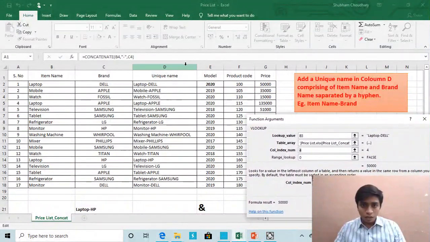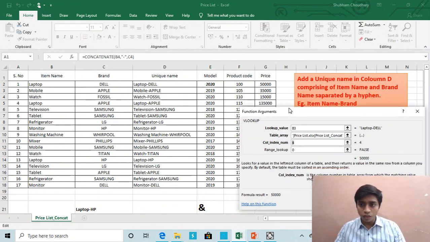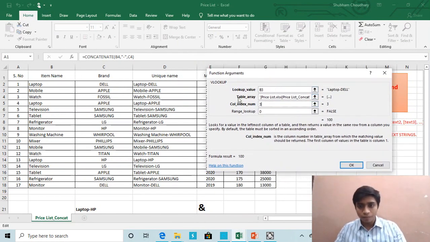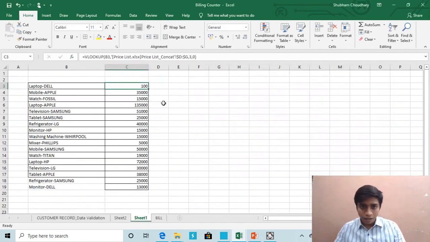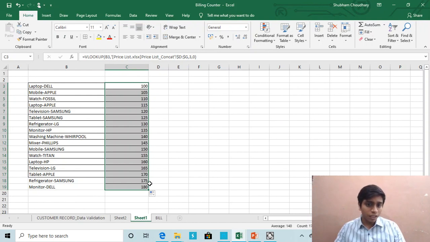As we see, product code is in the F column, means 1, 2 and 3, in the 3rd column, so we can write the value as 3 and OK. You see the value has changed. Now it is 100. 100 is the product code of laptop Dell, and similarly all other cell values have changed to the product code.